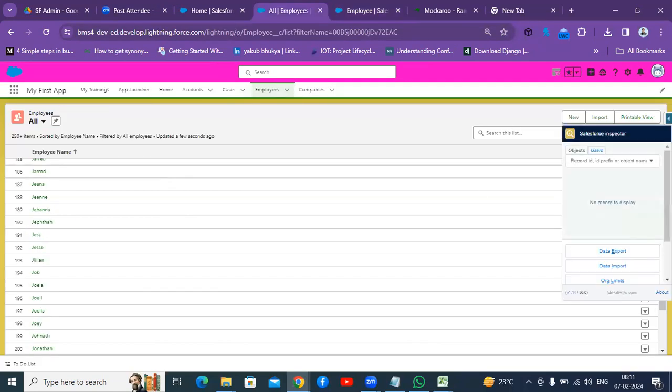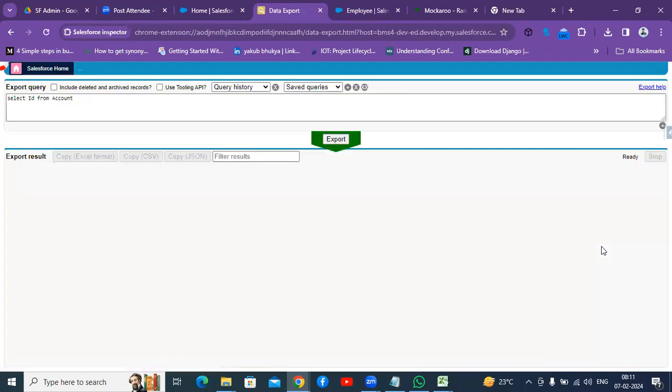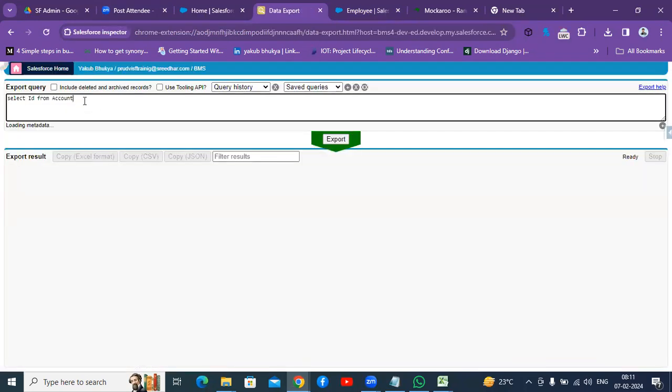Let's suppose I have to download the data which is available in this system completely. For that, you can perform a data export. You can click on Inspector while on that object, and click on Data Export. And here you should write a query. Queries I did not cover; for developers, I'll cover it. Select